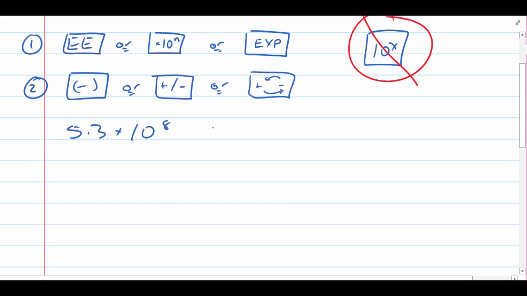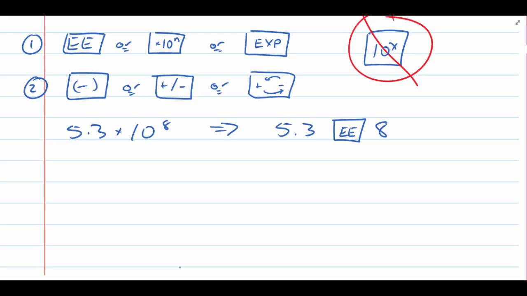The way that you're going to enter this is like this. You'd enter it as 5.3, and then you'd hit the EE button, and then 8. Now if you don't have the EE button, you're going to substitute whatever key is showing up here. So if you have an EXP instead of an EE, you'll use whatever that button is from row 1. And that's it. It's not a times E or times 10E. It's simply